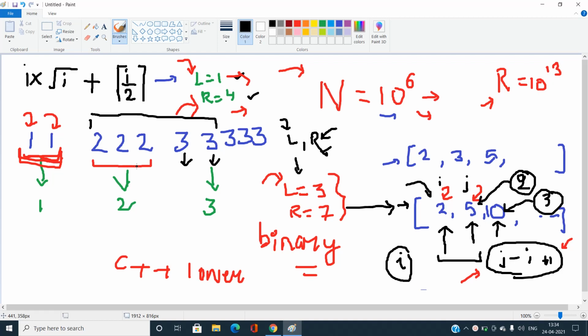And if we want the number of distinct elements in the range L to R, I just need to take the lower bound of this value. What is the number of elements less than L, and if we subtract this value from the number of elements less than or equal to R, we get the number of distinct elements, simply.